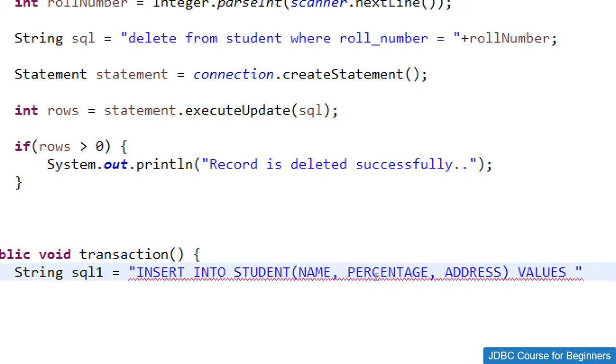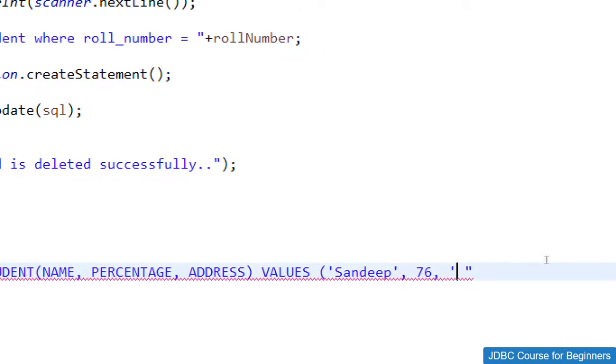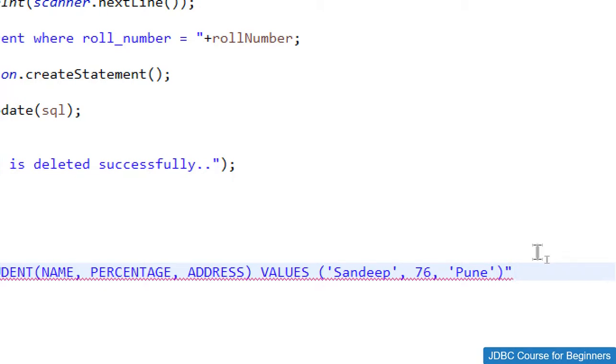So let me give the values as, again, opening bracket, and let me give the value as, let's suppose, Sandeep, like this, and then percentage will be, let's suppose, 76, and address will be, let's suppose, again let me give a single quote, and address will be Pune, and let me just close the bracket like this, and at the end we just need to give the semicolon.